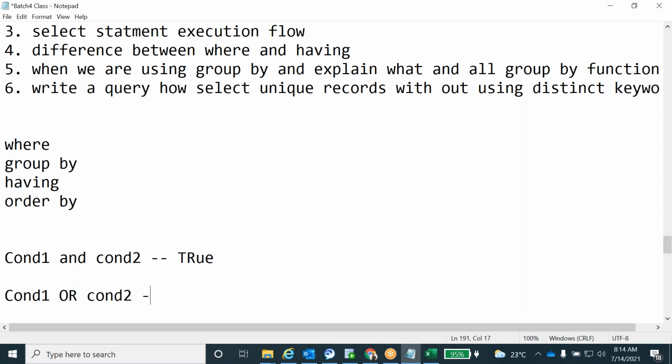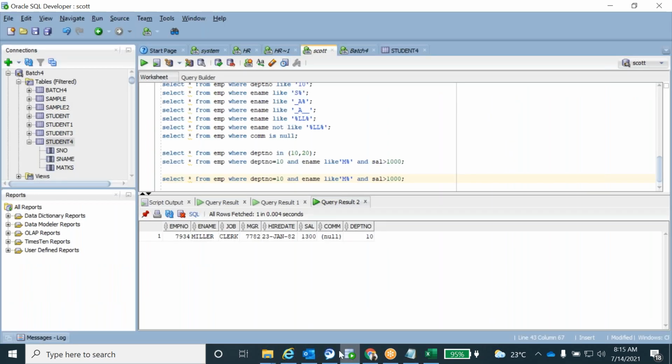If both are true, it will be true, but if any one of the conditions is true also, fine, it will display the data. If both are false, it won't display. That is OR. We'll see the OR condition. First I'm just removing this one.